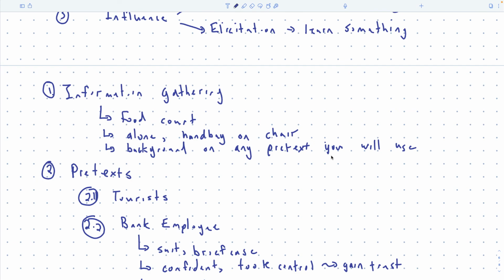Yeah. Does this fall into information gathering, like monitoring the target to know the right time to distract her and steal her bag? Yeah, exactly. So that monitoring, like waiting till they're alone, handbag on the chair, was sort of meant to be it, but more general. And you're also choosing the target too. Like you walk into the food court, there's 50 people that you could attack. You're going to monitor all of them, and then you're going to say, okay, this person is now alone and their bag is still there, and so they're the one that I'm choosing. So casing is part of information gathering as well.